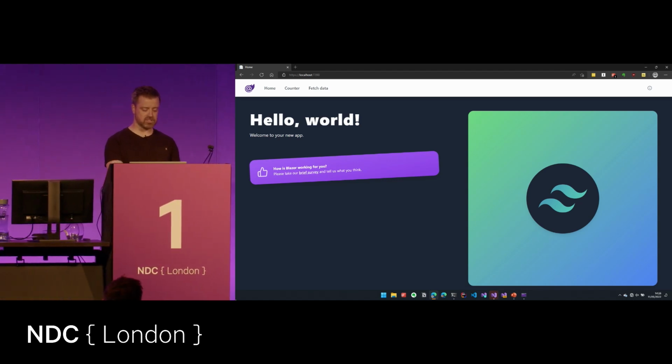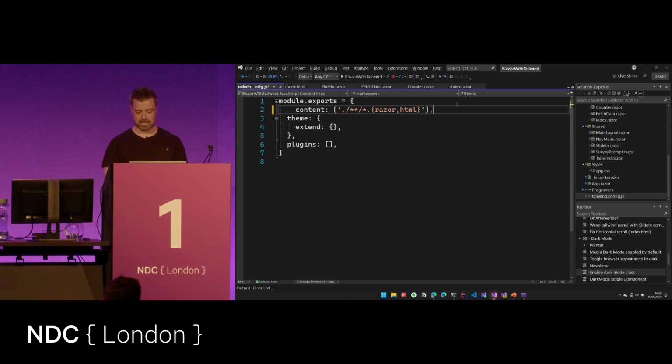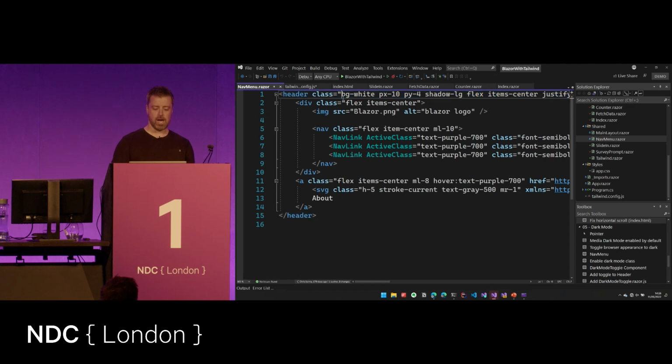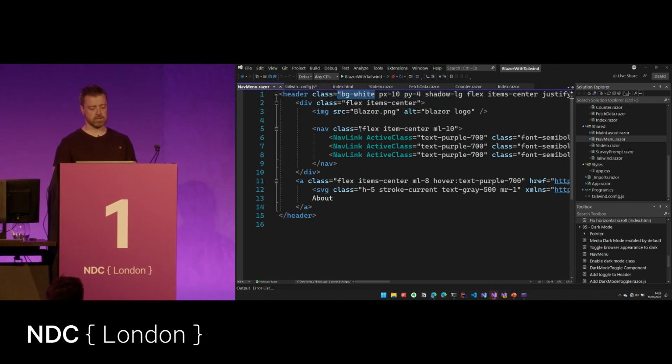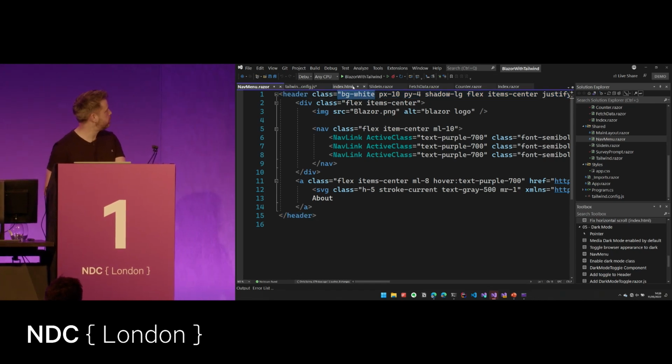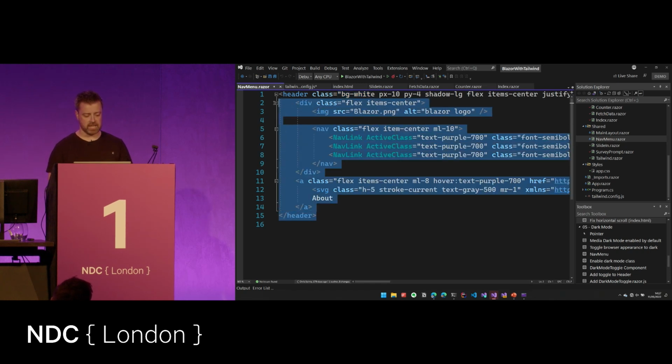So I haven't styled the title bar there, so let's quickly go through that, just so I can show you exactly what goes on. You can see the outer class here. We've got BG white, and then on the links, they've got a certain color of purple and stuff like that. So we basically can just replace that